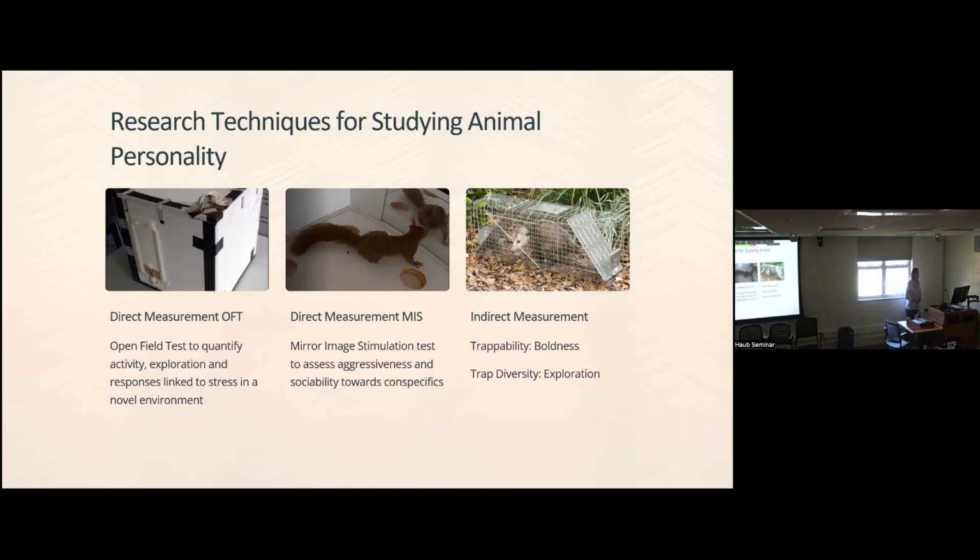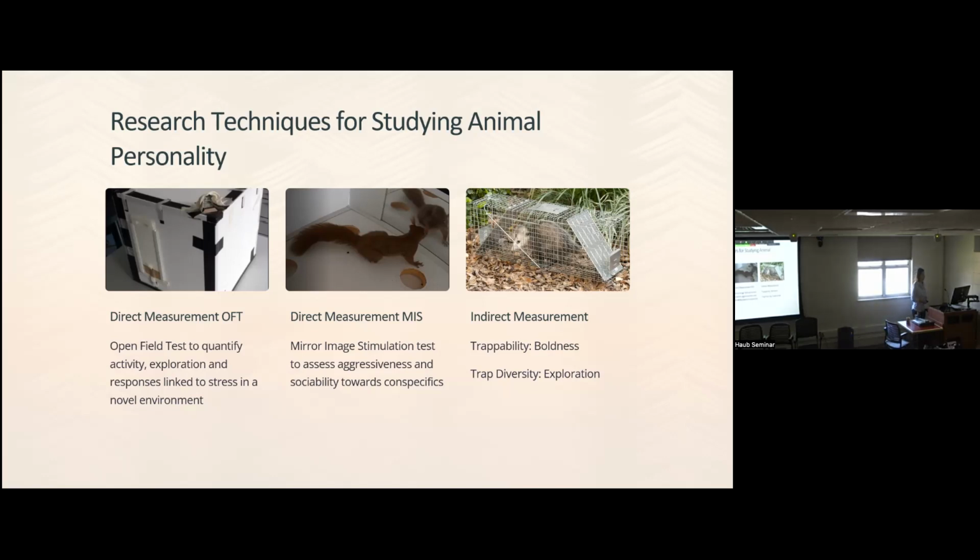But we have to keep in mind that when we use indirect measurements that are connected to what I just presented before, so behavior is also connected to life traits and physiology, there's going to be some noise in the measurement we take. In this case, trackability or diversity is connected to how an individual moves in space, but we all know that the movement ecology of an individual is also affected by different other